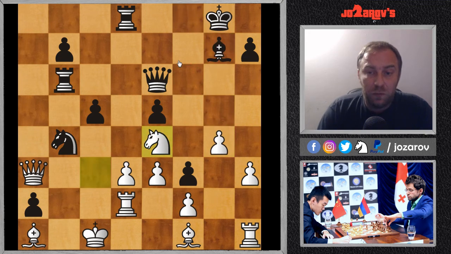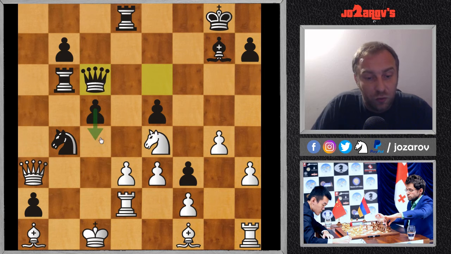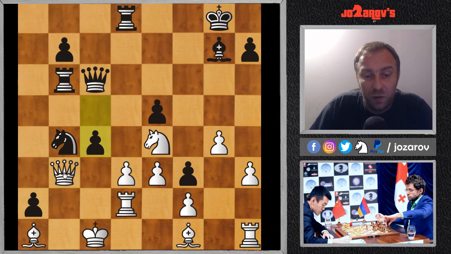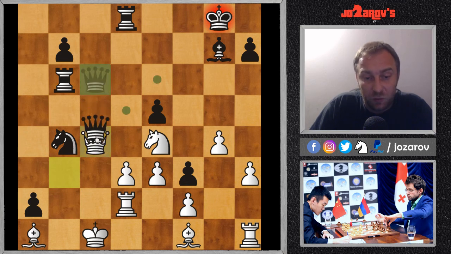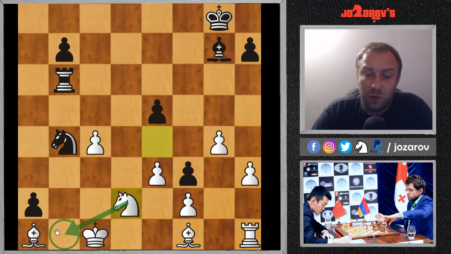But if black tries here maybe something like queen on c6 to push pawn here and somehow open the c file or the b file, then queen on b3 I think is playable. Then after something like c4 we can even trade off the queens, and I think this will be a drawish game, because after queen takes we have takes, and now we can take with our knight, which is the most important thing, and now we have the knight as the defender of the b1 square, which is the most important